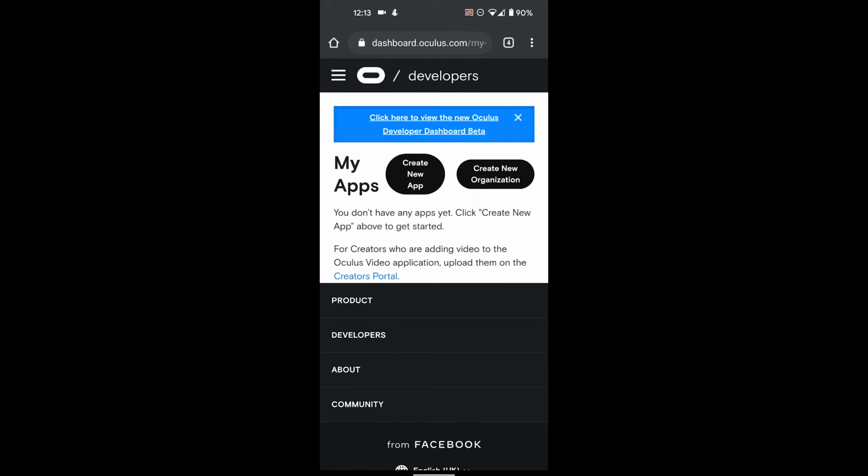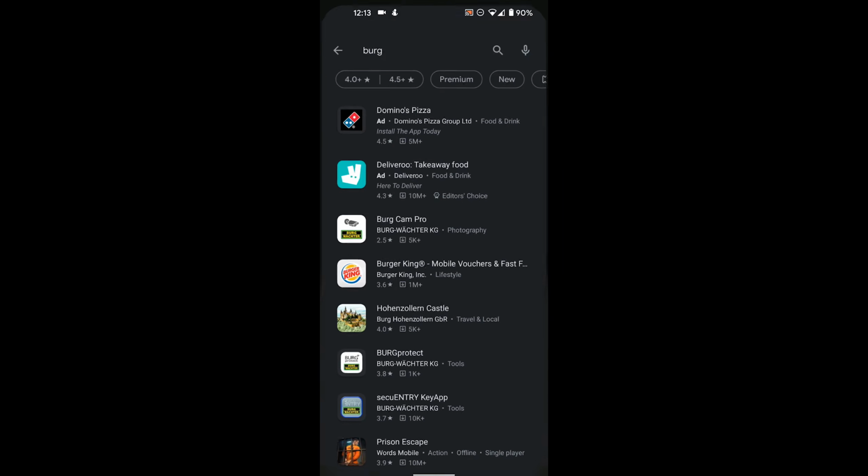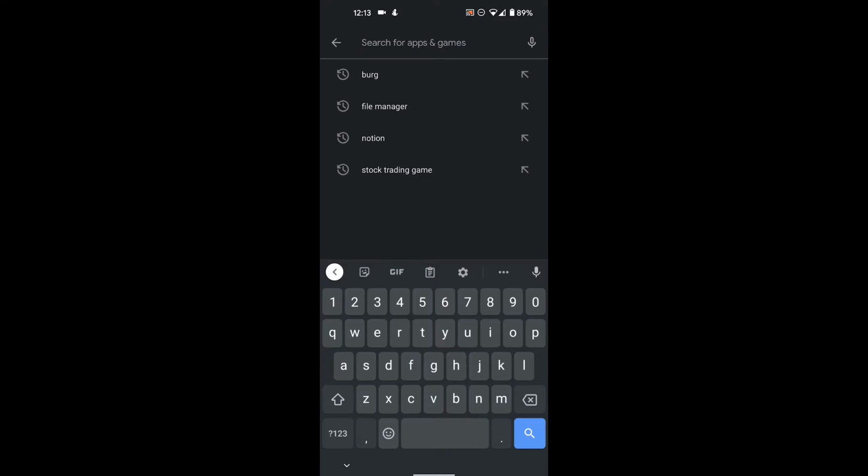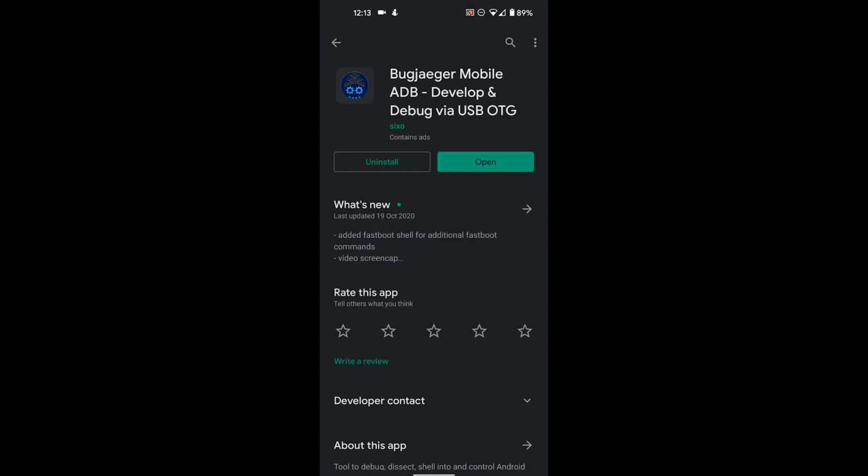So the next thing that we need to do is download an application called BugJugger. I'll provide a link to everything that you need. So just install this application. I've already got it installed. This is just an ADB application that allows us to essentially connect another device via an OTG cable to our phone and almost use